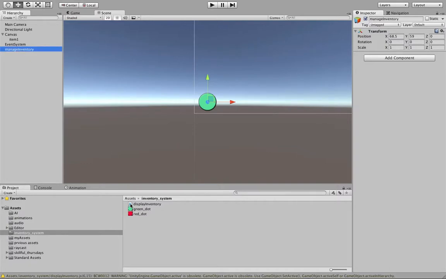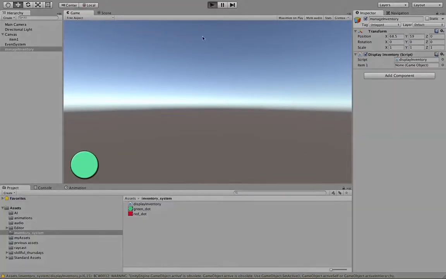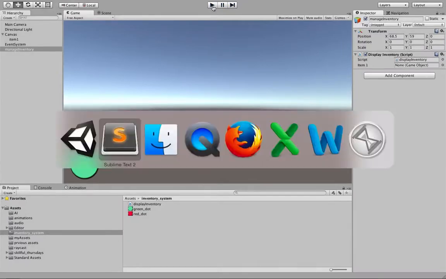Again, I'm going to take my script and drag and drop it on top of this object. So when this is done, my script should be pretty much ready to go. And if I test my scene, if I play the scene, we should see that my object should disappear whenever the scene is played. So if I play the scene, this object should disappear straight away. And it should disappear now. That's it. So again, you can see that it has disappeared because in the start function I have disabled this